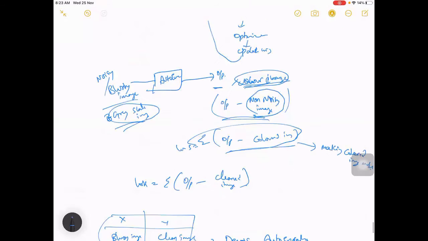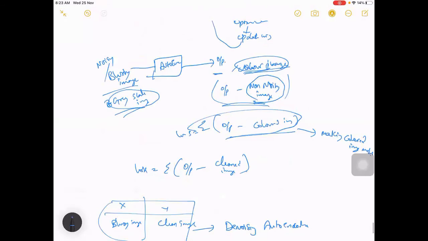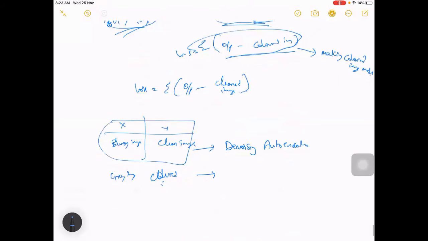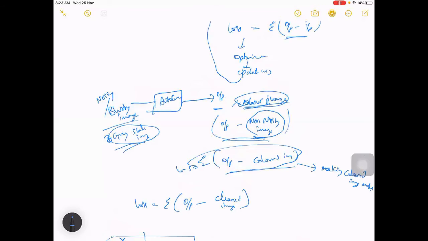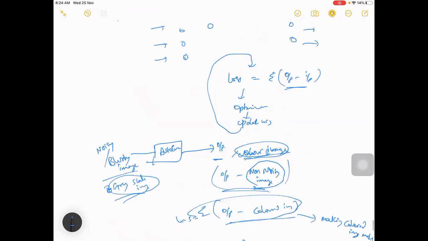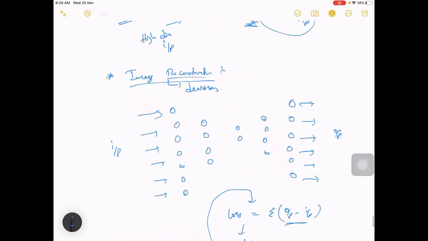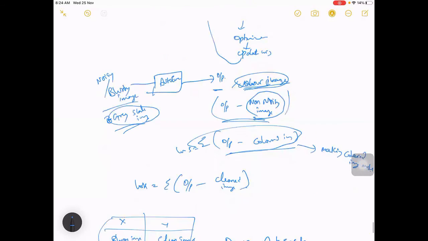In case we want to reconstruct your image or maybe color your image, you can do it by having two sets: one noisy image, and then for the same kind of image a clean image, if you have. If you have a set of such images, you can train on top of it and get a better model, not classifier, a better model which will do this conversion. Okay, so this is about autoencoders and where you can use them.